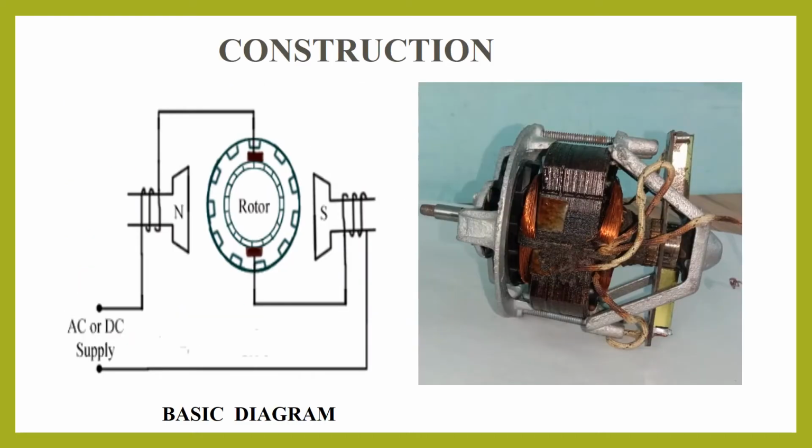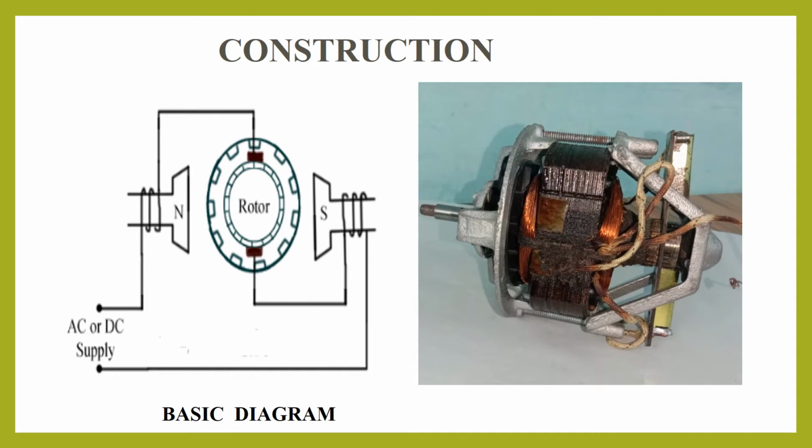Now you can see in this diagram, this is a basic construction diagram. Normally a motor has a fixed part as well as a rotating part. This fixed part, I can say, is called the field, which is going to be an electromagnet. Because of the electricity, a magnet is created in this section. So I can say, based on the supply, north is induced on the left side of your pole and simultaneously south is induced on the right side of the pole. When I am giving an AC supply, now you see, a series motor means the series winding as well as the armature winding will be connected in series.